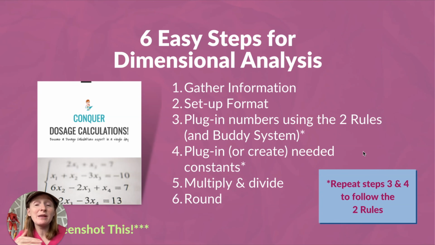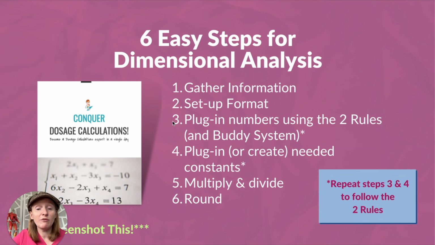Like when you make the batter for a cake and it's all liquidy and you pour it in the pan, but it's kind of uneven, and you just take the pan and shake it a little bit to even it out. That's what we're doing with step 3 and 4. We're evening out our dosage calculation setup. So sometimes we have to flip-flop back and forth between step 3 and 4 in order to follow the 2